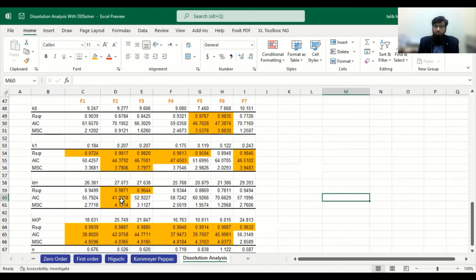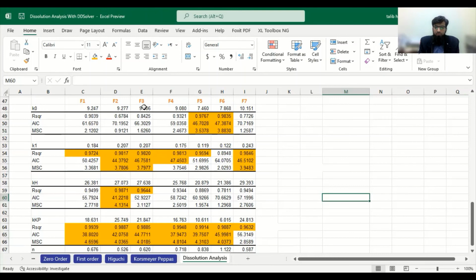So the system is not a dissolution system. The system is a diffusion system. Dissolution is not the defining point. It is dependent on diffusion. The rate limiting step is diffusion. So the drug is diffusing from the system. As it is also dependent on Korsmeyer-Peppas, it can be defined on these two systems.